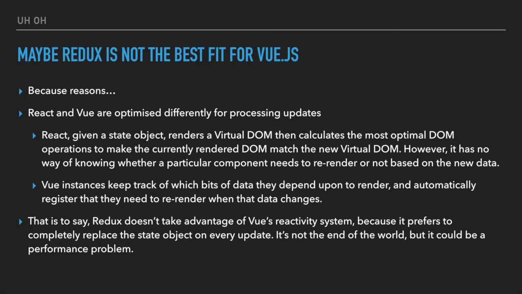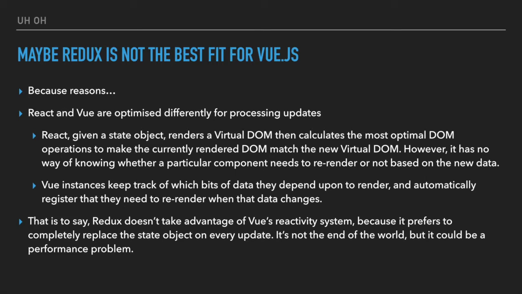And because the dependencies have already been tracked, Vue automatically knows which bits of data have changed, which bits of DOM depend on those bits of data, and therefore which changes to make to the live DOM. This is what's called the reactivity system, and I'm sure if you're using Vue at all, you've read that brilliant document on the Vue documentation site that explains the process of what's going on there. And that's Vue's killer feature, really.